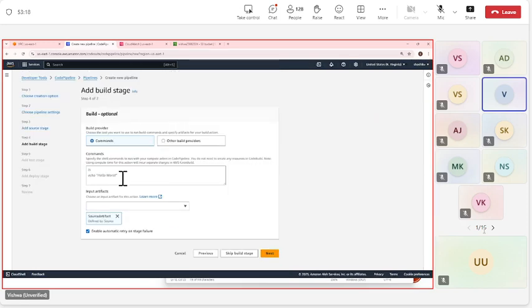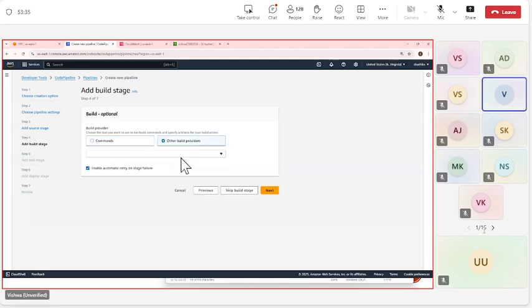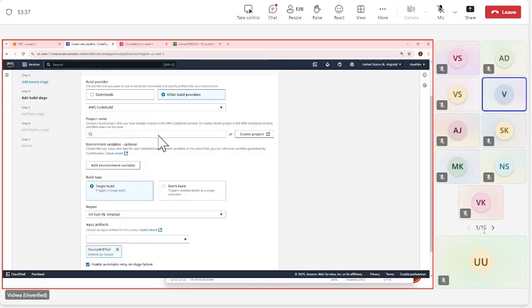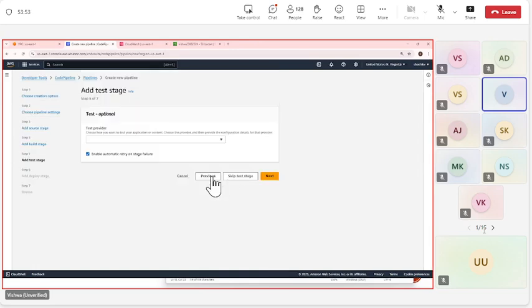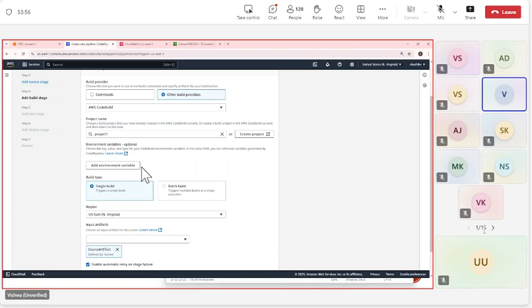Now the next thing is we are going to do a build. I'm saying source artifact is this. We're taking care of that. In the build stage, you specify the shell commands to run with your compute action in the code pipeline, or you can use another build tool like code build and say, I want to use this project which you have already created. I've already defined what has to be done in that. I have already defined that the file has to be buildspec, and I'm using that code build. I can also go and specify some environment variables.